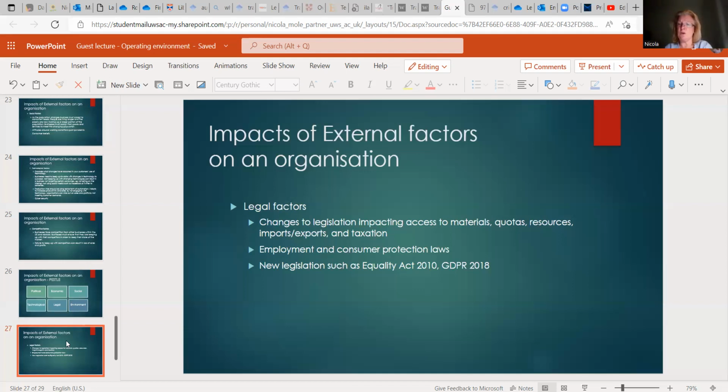All right, Equality Act in terms of who we can recruit and work in a business. And we've also got the General Data Protection Regulation Act. So there is a lot of protection of people's personal data, and a lot of businesses were requesting people sign authorizations that we were happy to give them our personal data before they ran their business.